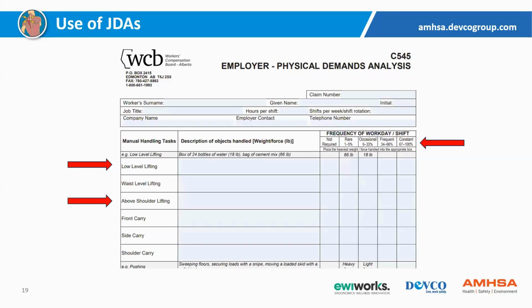We get it in our mind that, oh, we've got to be aware of things that are over 50 pounds. And as long as everything's under 50 pounds, it's not an issue. Well, if we have to lift it 100 times a day, or if it's above shoulder level, or if it's at ground level, it might not need to be that heavy to be of concern. So I would look at things that are more frequent, things that are in more awkward positions, and then obviously things that are heavier as well.